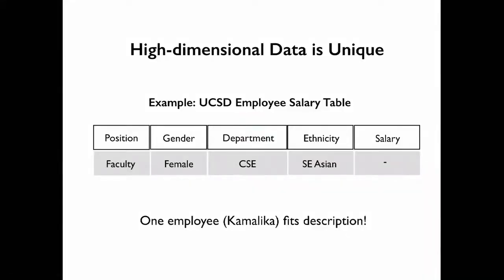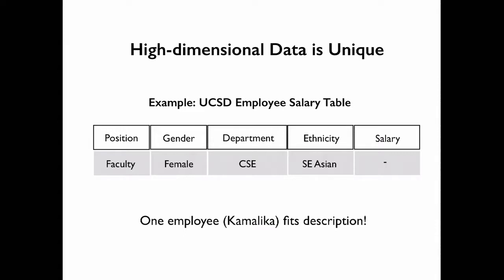So why did this happen, right? So why do we have this kind of thing? Well, here is a toy example which shows why. The reason why anonymity doesn't work is because high dimensional data about people tends to be extremely unique, right? So let's say my employer, UC San Diego, decides to release a salary table of employees, and